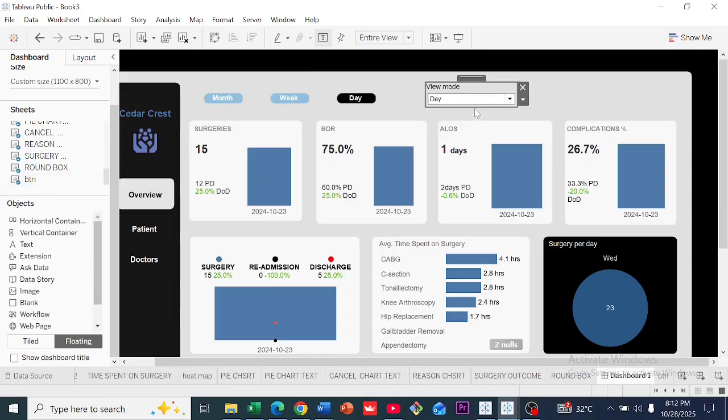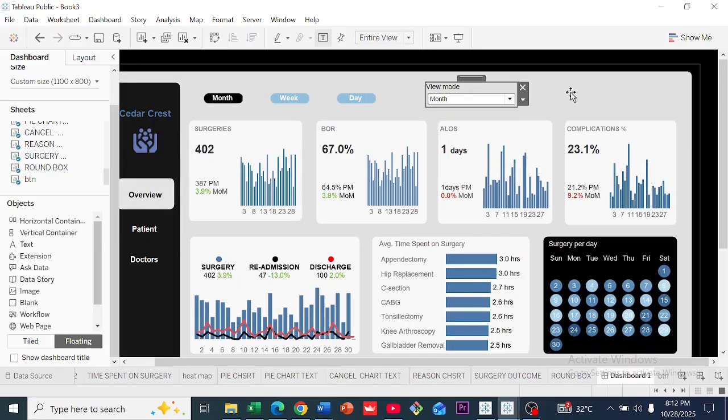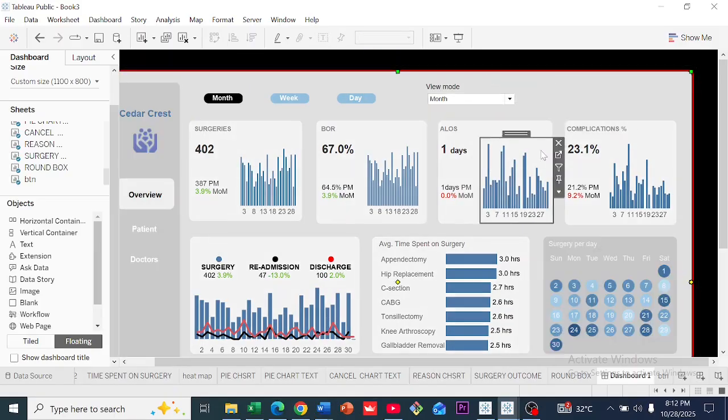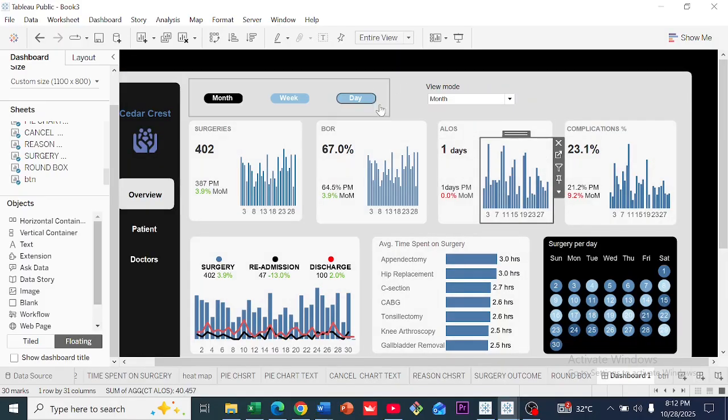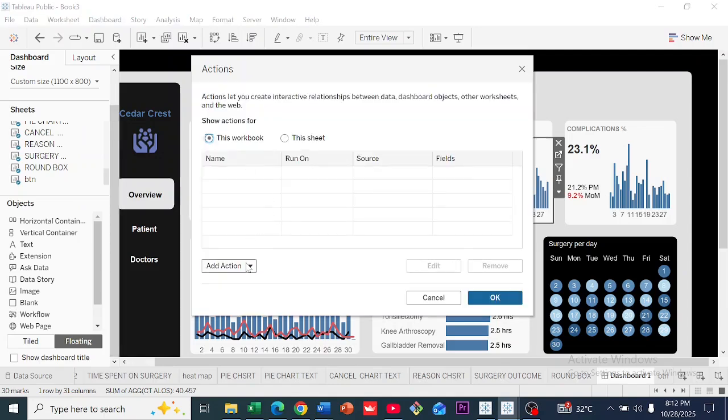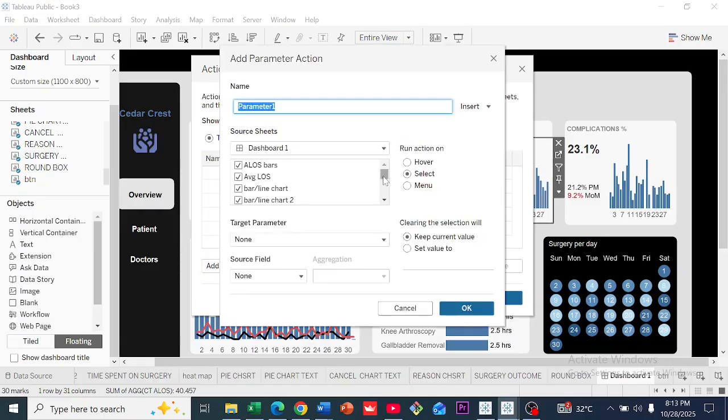So you can see currently we are still using our view mode to control our button sheet, right? So now what we need to do is to go to the worksheets or the dashboard and edit this. So I'll go to dashboard, actions, add actions, change parameter, and I'll say we are making use of